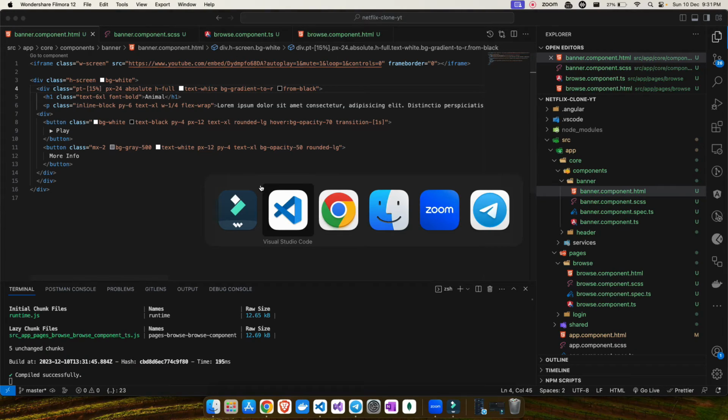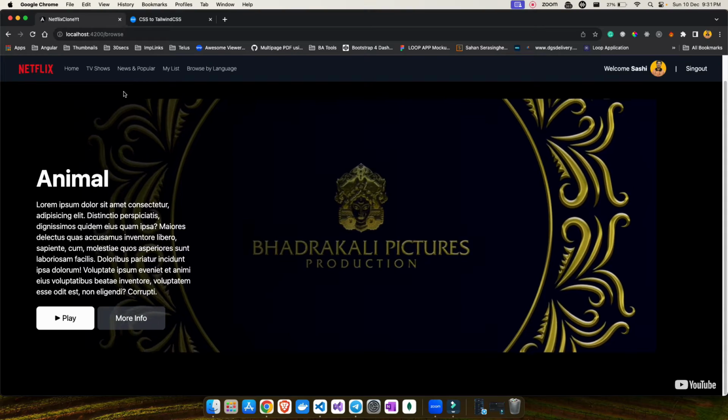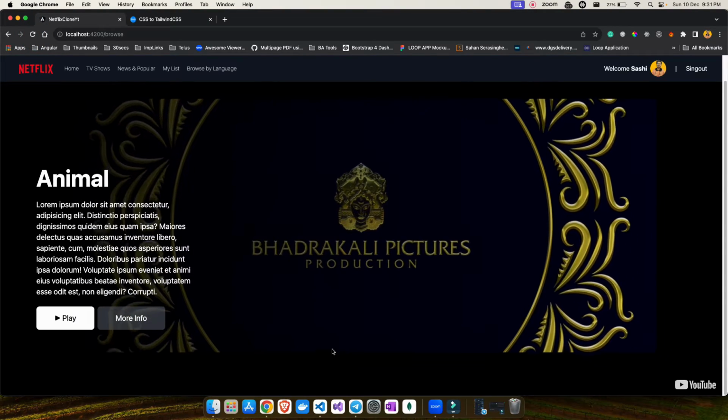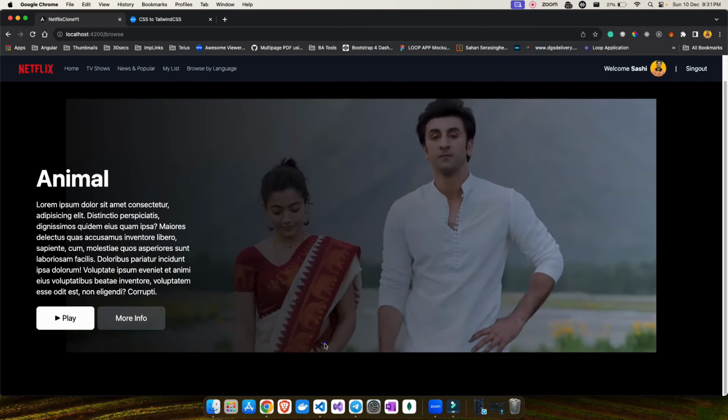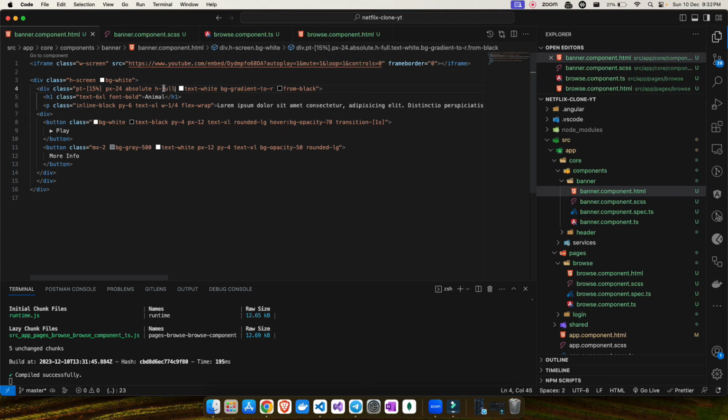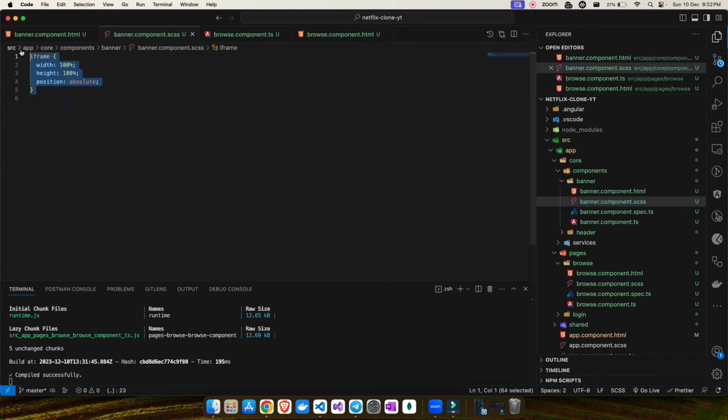So save the changes, and now if you go here, you will not be able to see that gap. Even if I refresh the page, when it was a white background, you will not be able to see it. So now that issue is gone, and you are not able to click it anymore. Now if you see, I did something similar here, height full. And I have added a similar class here as well for the iframe. So you might be thinking why I have added it like this.